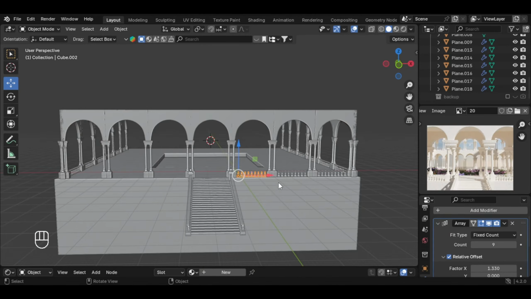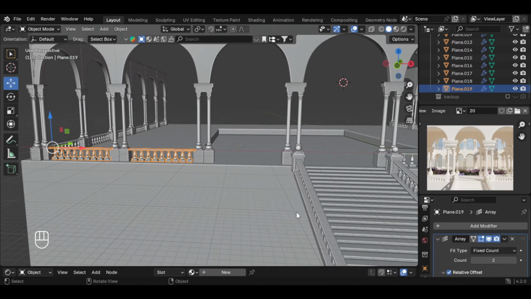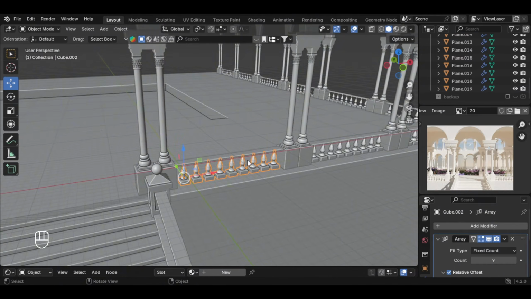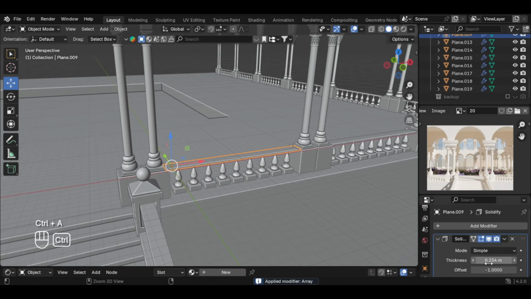And let's make these ones here first. So Shift D, let's copy them also and move them over. And we can make one more so it fills this gap here. And we didn't apply it for this one, so let's select them and apply these modifiers first, and also